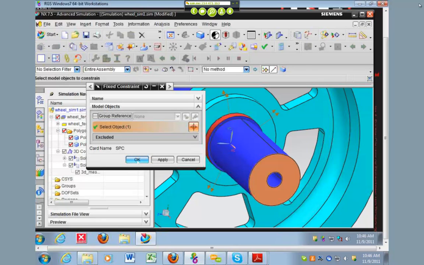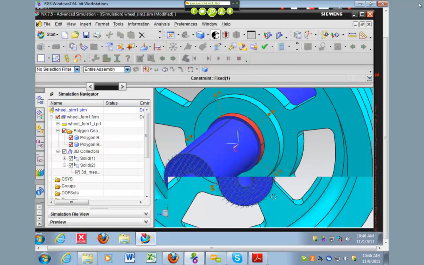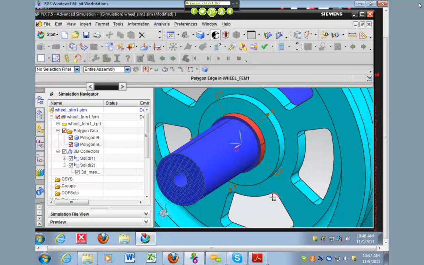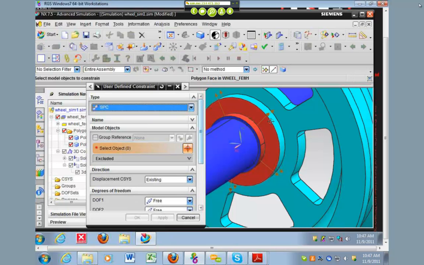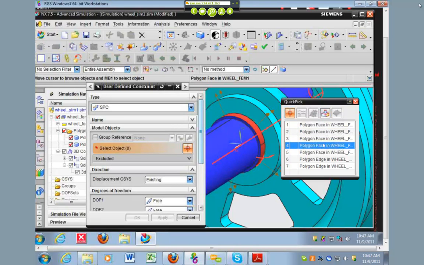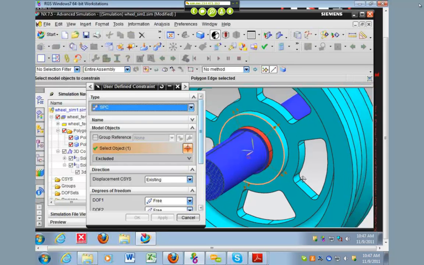And I believe that's all. Okay. And then it asks us to put another constraint, a user-defined constraint, and it tells us to put it right along the edge here. This one. So along this edge,